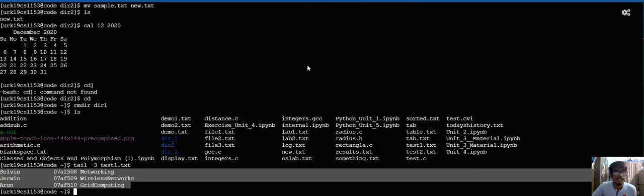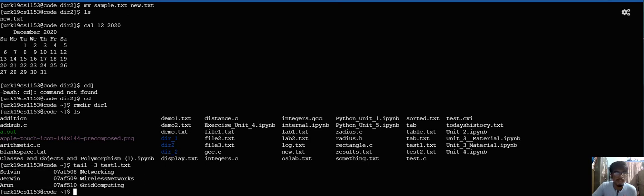Coming to the next question, display all the commands you have executed so far and save the list into a file named todayhistory.txt. For checking our history, we'll just give history as the command and store it as todayhistory.txt.